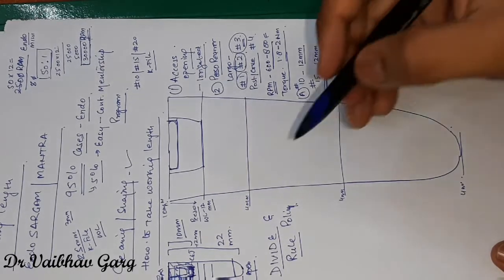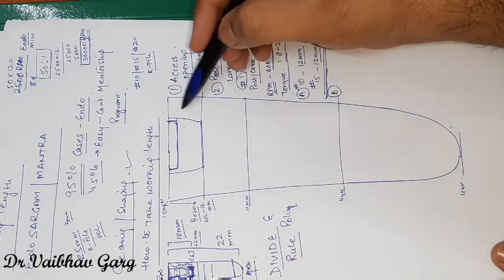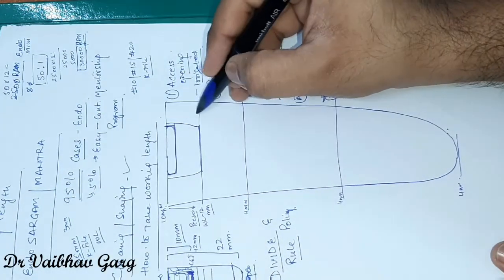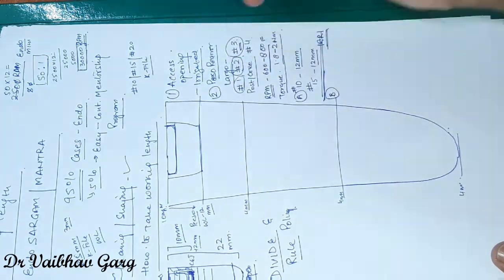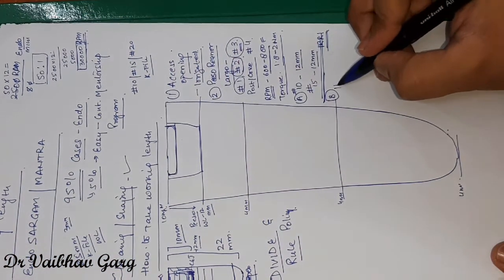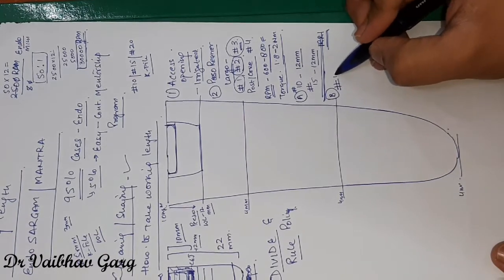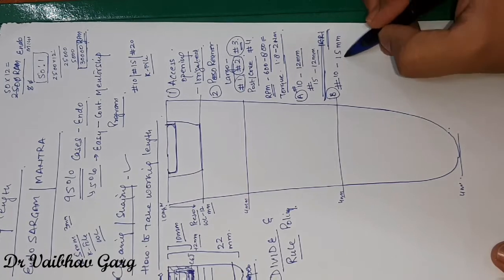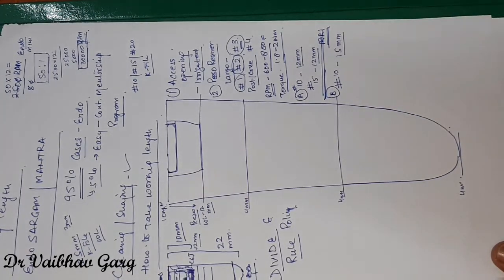What will be the next step? We have covered the first 12 mm, if we consider the tooth here, we have covered the first 12 mm here. Then I will add another 3 mm of working length, and I will go 15 mm with a 10 number file.